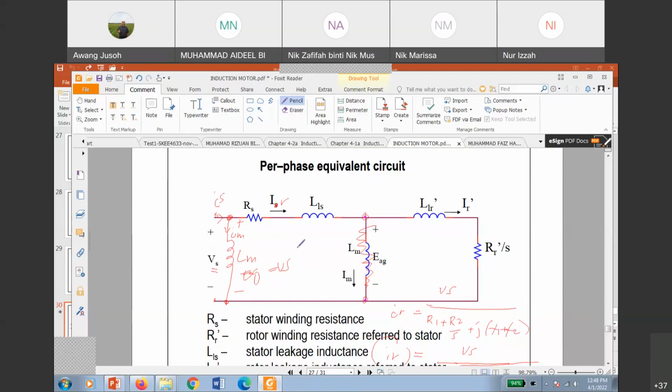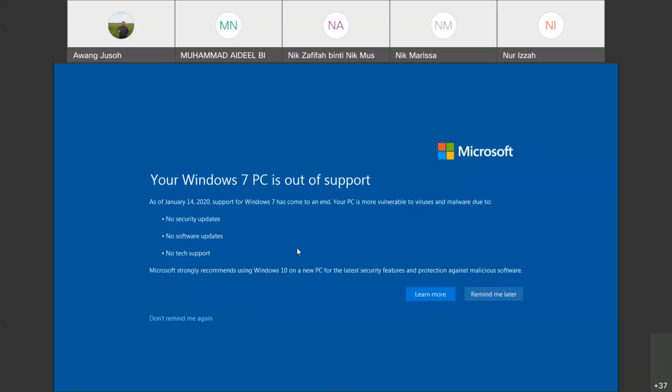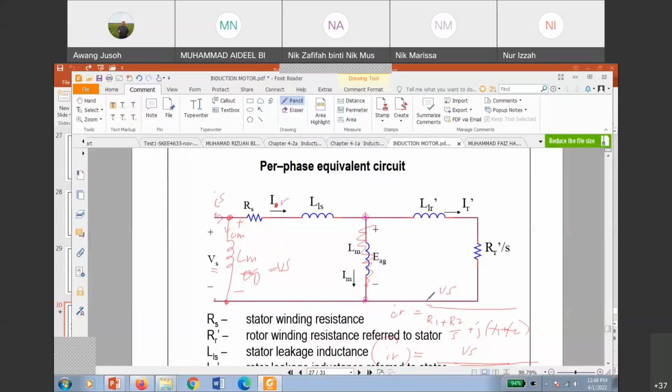For example, if you use the IEEE circuit, you got, for example, an efficiency equal to 89.5. Using the approximate circuit, you got 99.39 or 42, for example. So still close to each other. I mean, you can predict the machine performance. But the most accurate one is the IEEE circuit, because this represents the actual circuit.